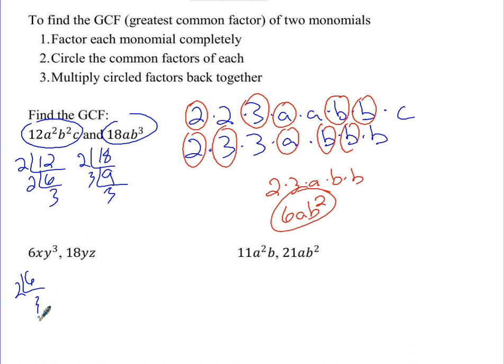That's as far as we can go. So we have 2 times 3 times what? Good? And then what do we do? Okay, so 18. 2 and 9, and then 3 and 3. So that gives me